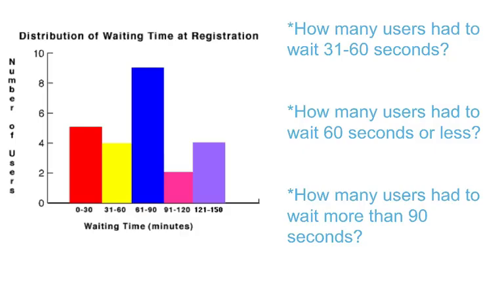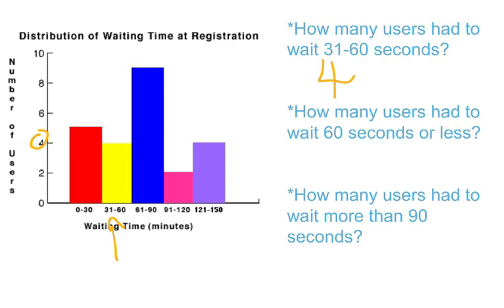Okay, let's look further into this histogram. So my first question is, how many users had to wait 31 to 60 seconds? So I'm going to look over to that bar, and it's right here. Okay, so I'm looking for how many users had to wait 31 to 60 seconds, and when I look over to the Y, I can see that it stops at 4. So 4 users at this website had to wait for